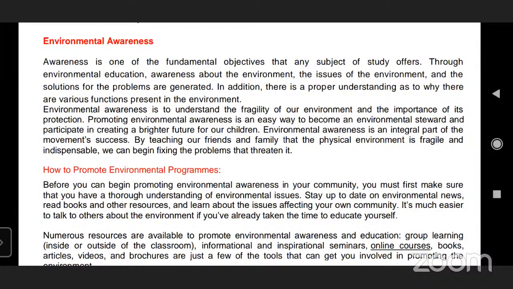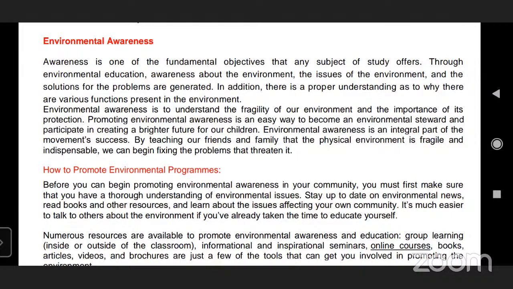Environmental awareness is an integral part of the movement's success. So by teaching our parents, our friends, our students and other people and family that the physical environment is fragile and